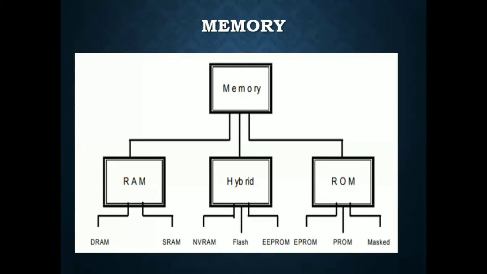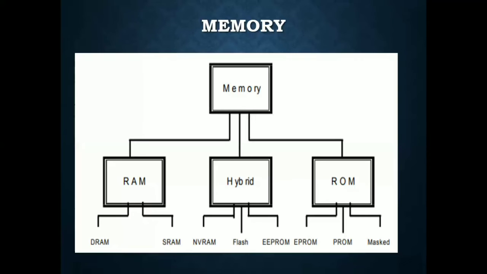Further, RAM is classified into DRAM and SRAM. D stands for dynamic RAM and S stands for static RAM. SRAM, static RAM, retains the content as long as power is supplied to the chip. If the power is switched off, then the contents will be lost forever. Dynamic RAM: DRAM has an extremely short data lifetime, usually less than a quarter of a second.